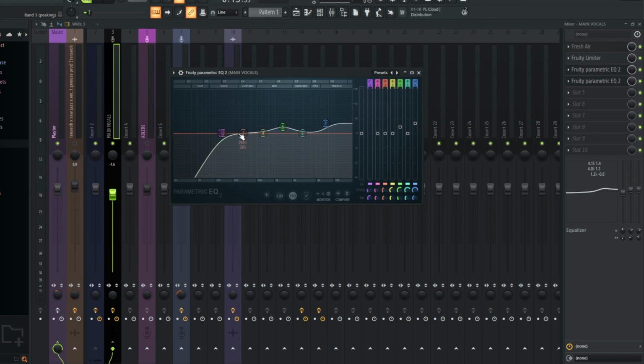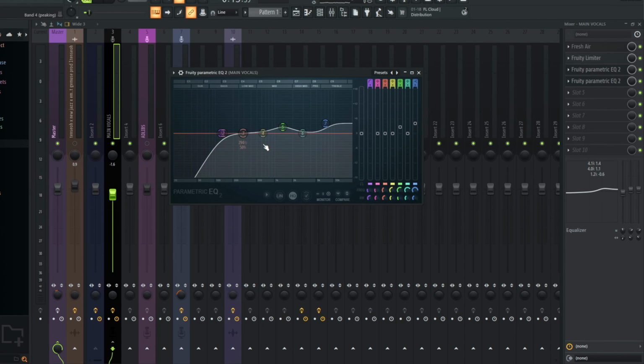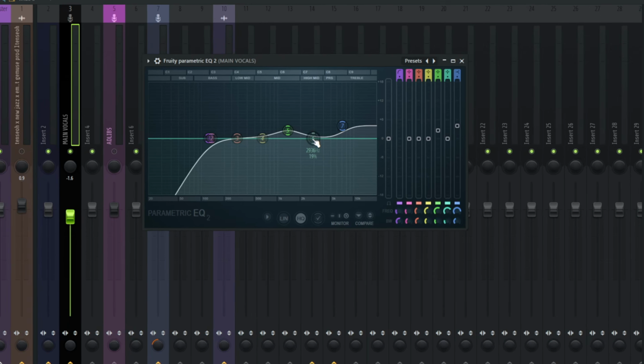It still sounds pretty dry. So the next thing we're going to do, it's called frequency sweeping. And a lot of you don't know what frequency sweeping is. So yeah, pay attention. What we're doing when we're doing frequency sweeps is we're just looking for the super bad frequencies that just are ear piercing and they just sound horrible. And the way to do this is just hover over one of the knobs and scroll down on your mouse